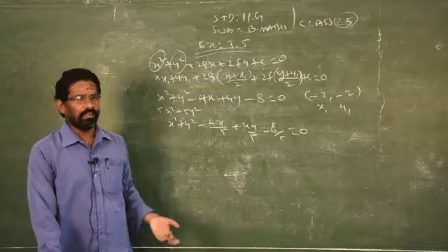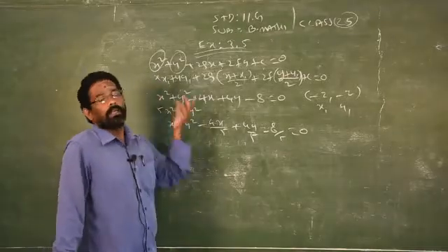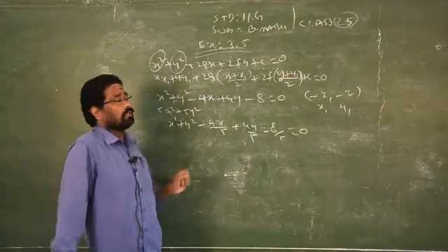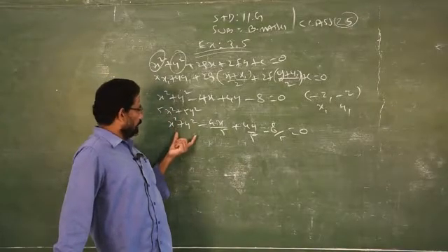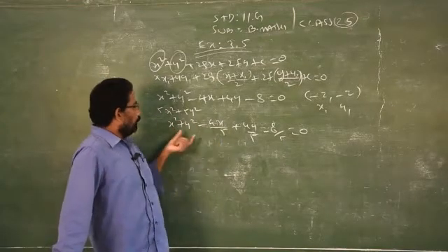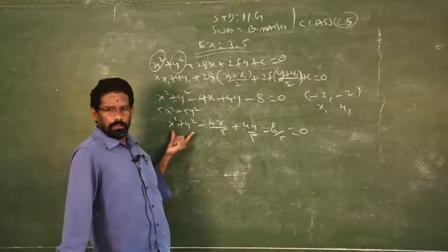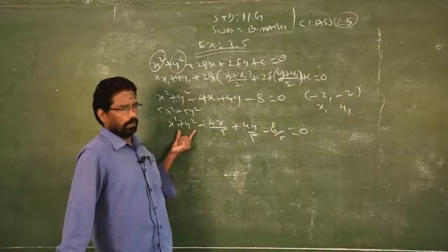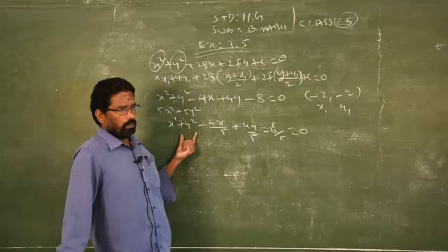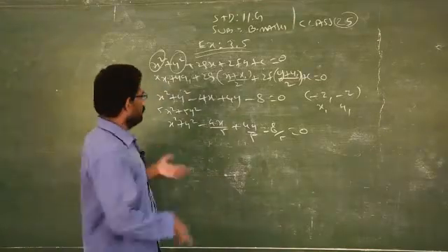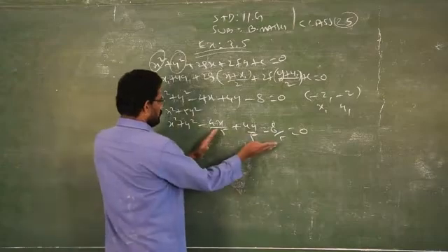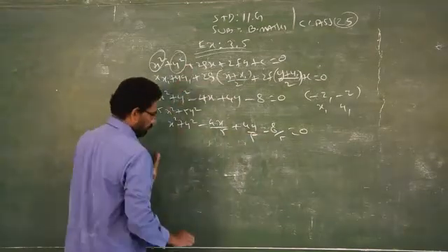Clear? But it is not given like this format. But if you get such questions, the coefficient of x square and y square will be the same. First you have to bring it down into the general format. What is the general formula for the equation of a circle? x square plus y square. The coefficient of x square and y square should always be 1, should not be other than 1. If it is other than 1, you please do this process, then you can apply this formula. Clear?